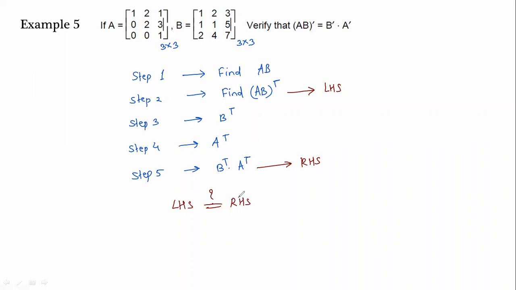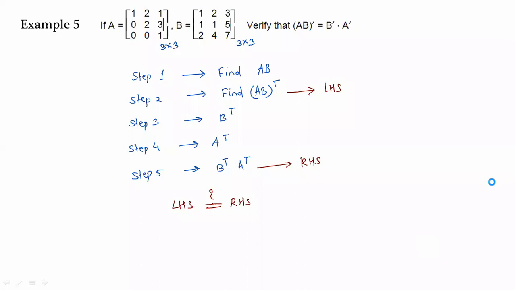Okay, so hope you are clear with the different examples of transpose of matrix. Mostly in the exam you will get matrices of 2 by 2 order. So that's why I am not explaining the 3 by 3 matrix here. I have already told you how to multiply 3 by 3 matrices. In the previous video, we have solved one example also, in which I have given all the steps. I have explained each and every step. You can go and check out and you can try this.